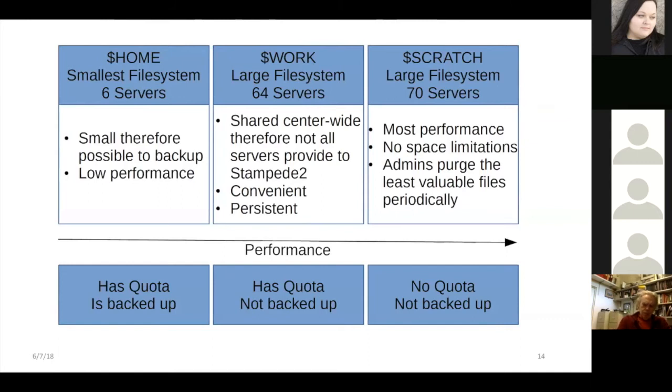But if you've run a particularly large job and generated a large file, you left a folder on Scratch that's a full terabyte and it's been sitting there for 6 months, that's something that will be purged first. We also don't back up Scratch. So if you delete something or something is caught up in the purge, that can't be recovered. We free that space up so that it can be reused and maintain the health of the file system.